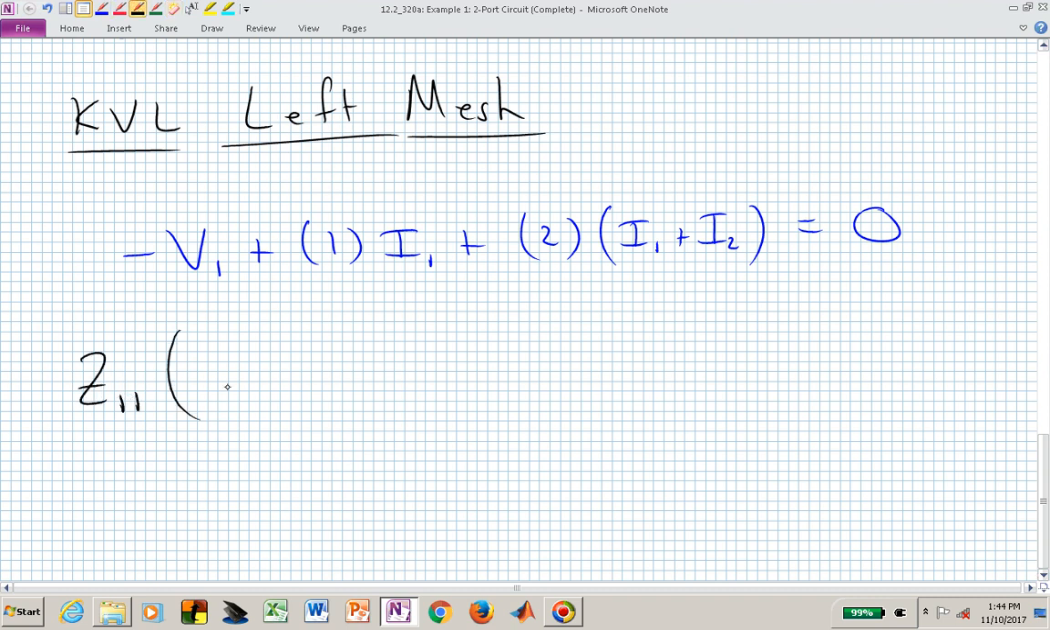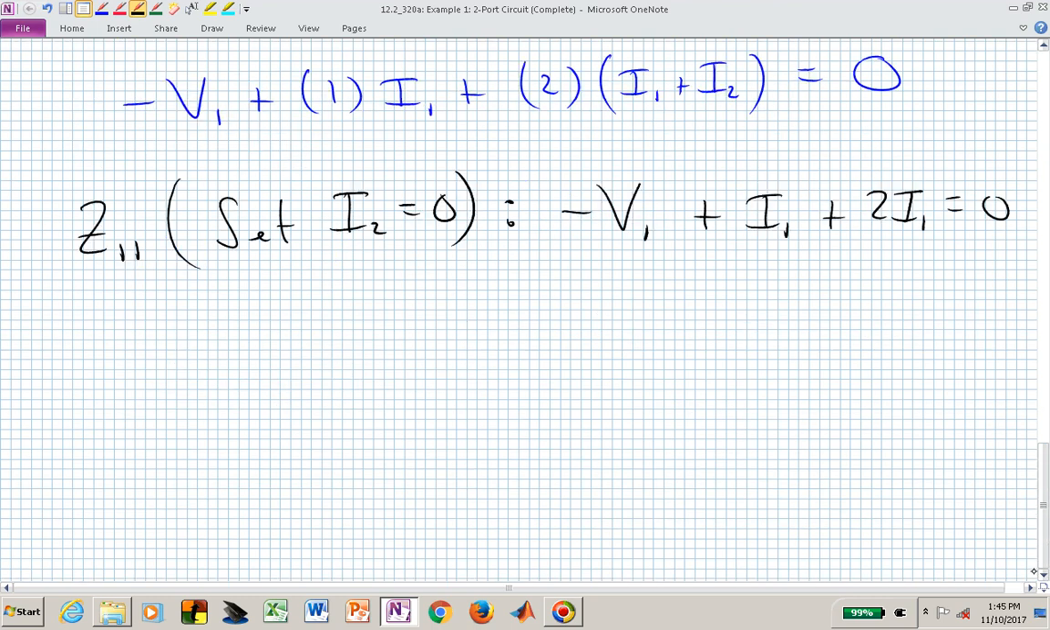Finding Z1, we're going to open up the output ports, or we're going to go ahead and set I sub 2 equal to 0 in this relationship. And now we have minus V1 plus I1 plus 2I1 is equal to 0. Or we now have V1 is equal to 3I1,